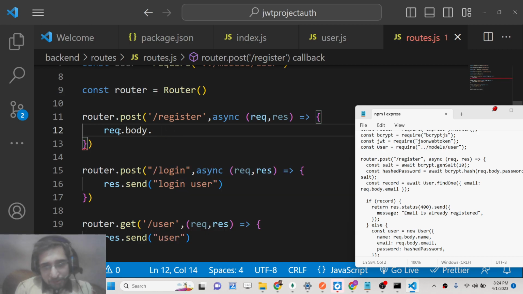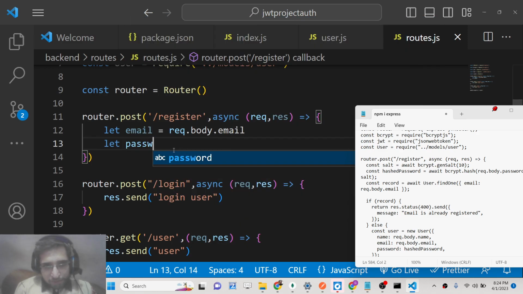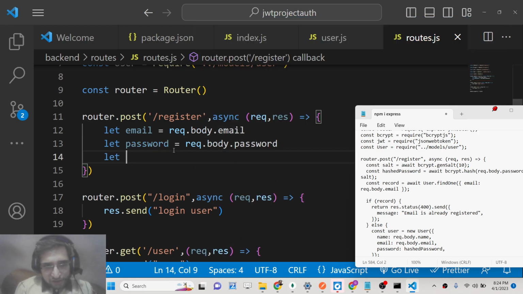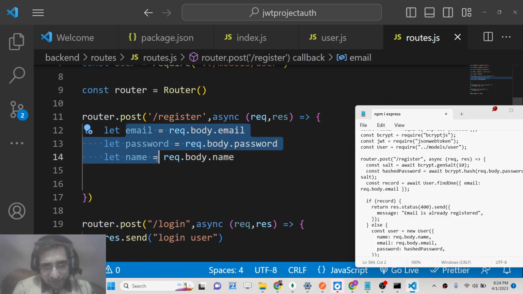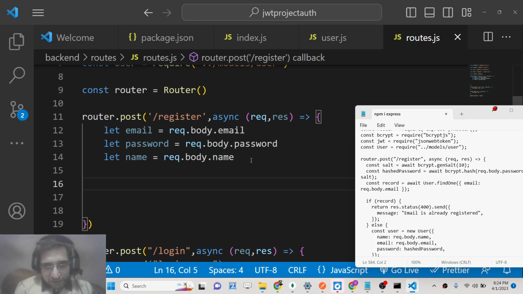So these things will be sent inside the body. We can get the email like this, request.body.email, password is request.body.password, and we can even get the name also like this, request.body.name. So these three things we got inside these three variables, guys,